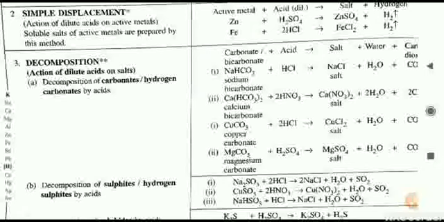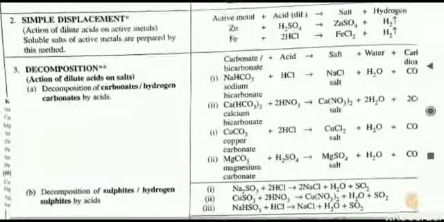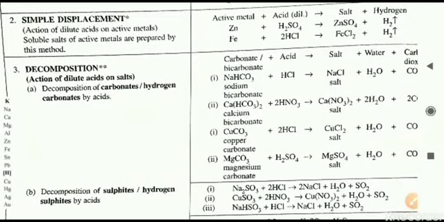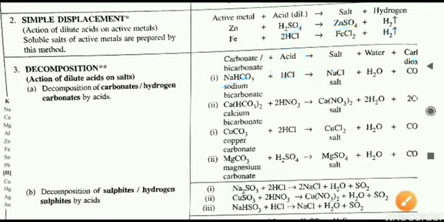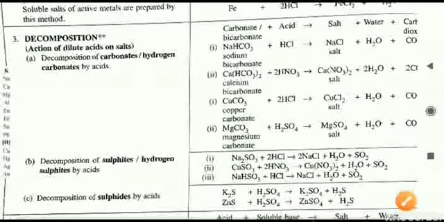These reactions, the decomposition reaction as well as the displacement reaction, we have already learned in the properties of acids. These are all repeating here. So the same reaction you have learned in acids also. Acid reacts with an active metal and salt and hydrogen are produced. Similarly, acid reacts with carbonate. What is produced? Salt, water, and carbon dioxide. I hope if you have learned the reactions of acid, you may be recalling this. So these same reactions are here, which we have learned in the properties of acid.